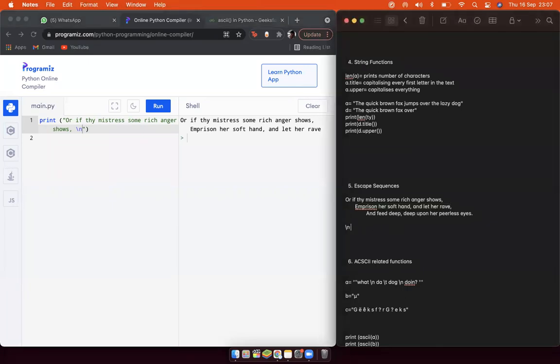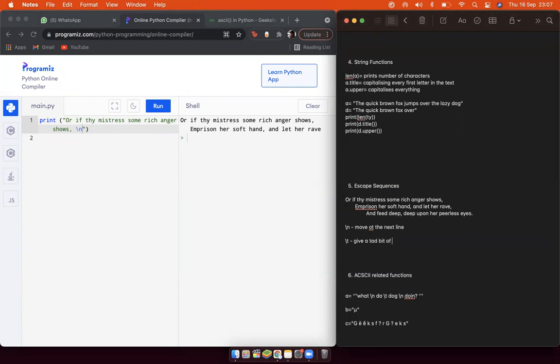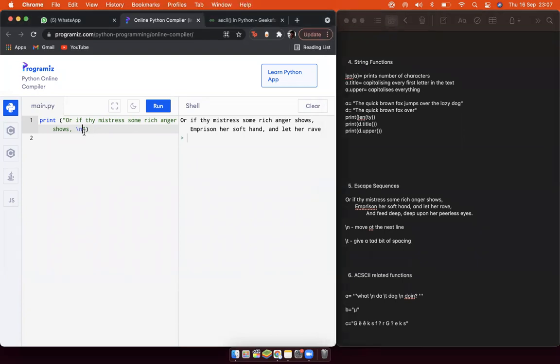A backslash n would move to the next line, and a backslash t would give a bit of spacing. So I put the backslash n, it moved one line down, then I put a backslash t for some spacing, and then I paste the next line.